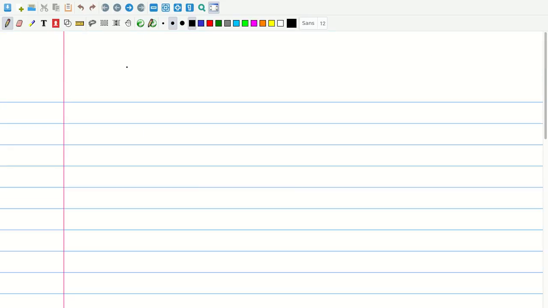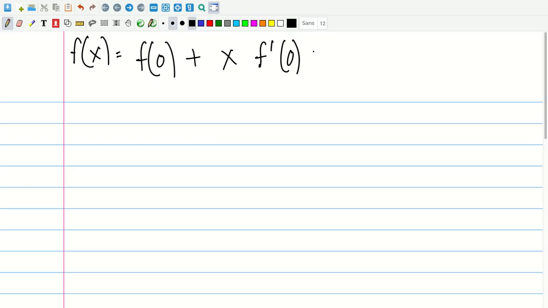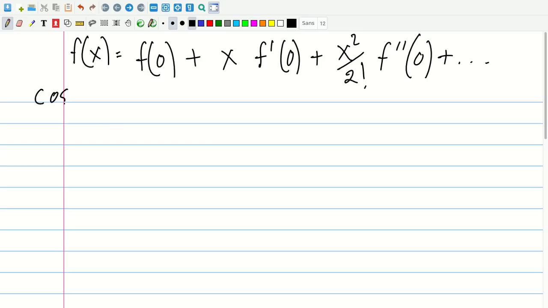Okay, Taylor series expansion is f of x equals f of 0, this is just the definition of the Taylor series, plus x times f prime of 0, plus x squared over 2 factorial times the double derivative at 0, and it keeps going. Now, if I do cosine of x, or cosine of theta, let's just say,